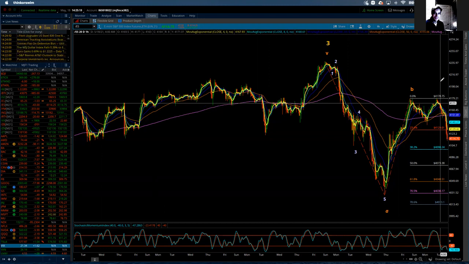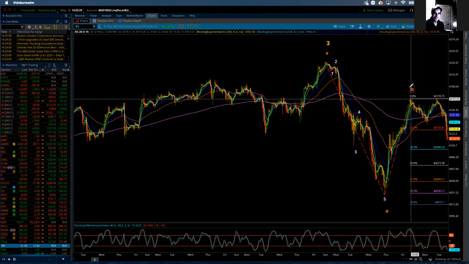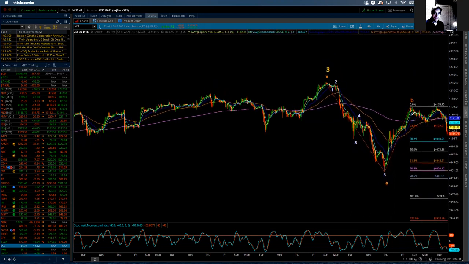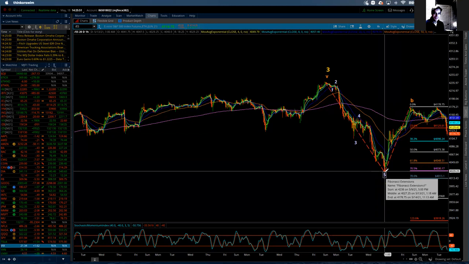If it is, then I'm going to put some Fibonacci's on there that will suggest that. But first, let's go to how we're labeling it right now, where we run the possibility that this indeed is that C wave down. So we want to look at the Fibonacci extensions for that type of move. Wave C would be in relationship with wave A. So what are those Fibonacci relationships between an A wave and a C wave?